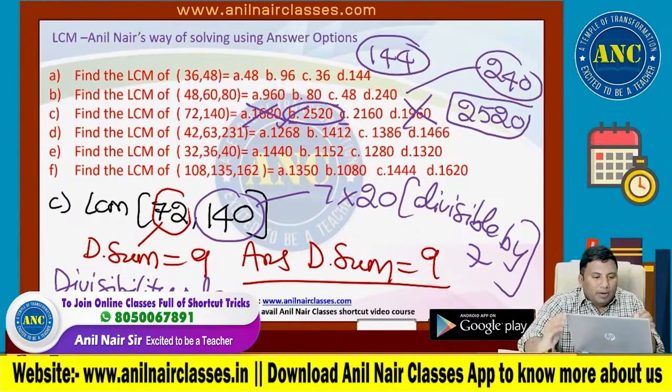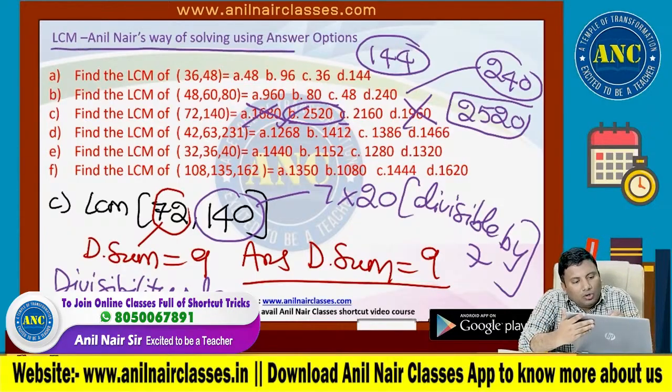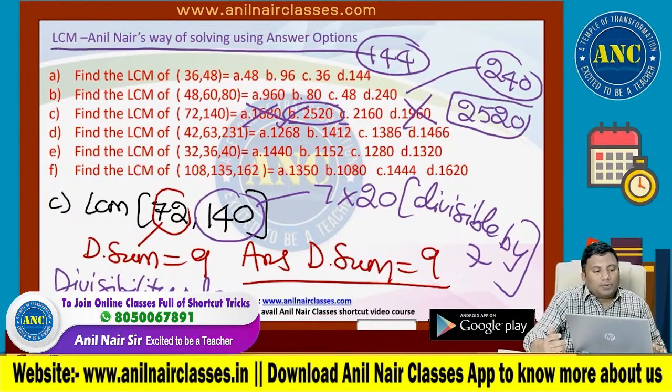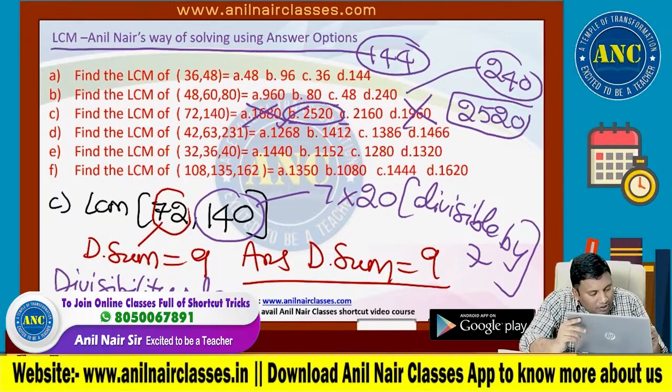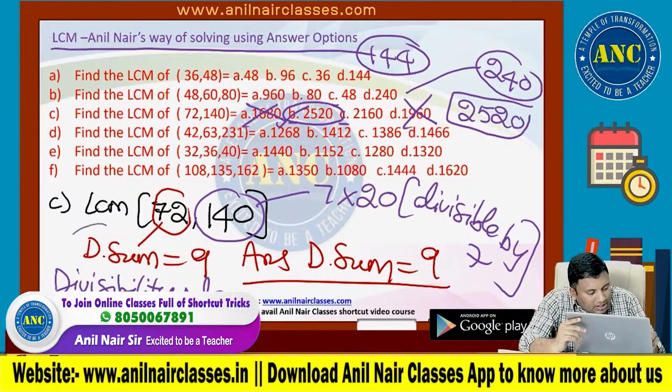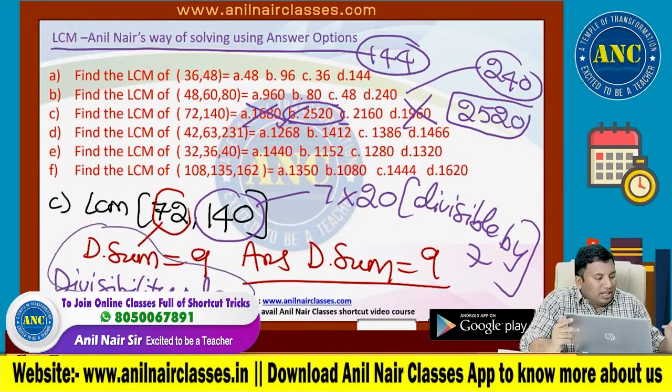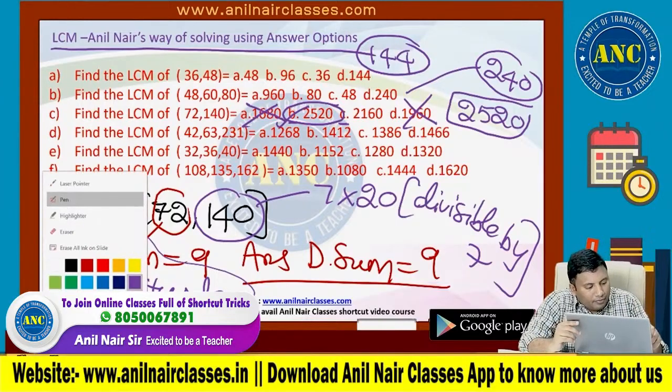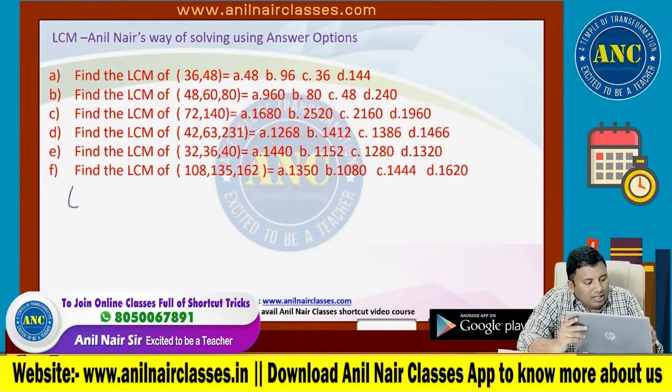Again, remember, you can also use answer options to find the LCM. Concept is: use digital sum and use the divisibility rule. Fourth question. LCM of